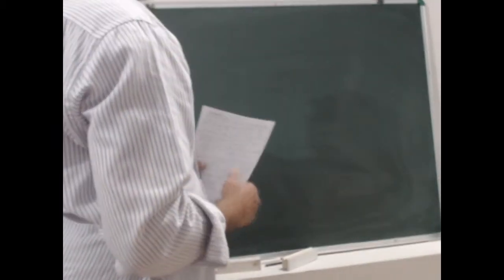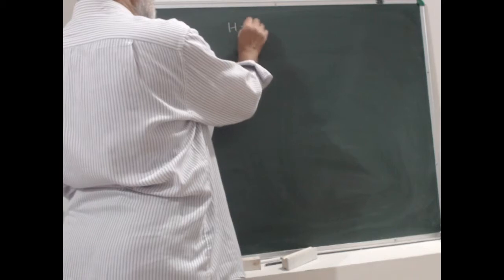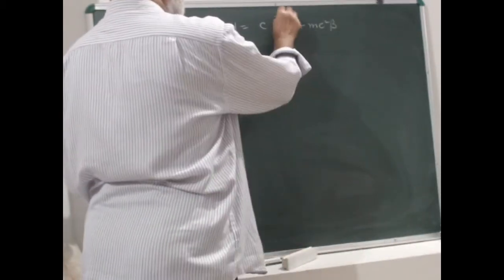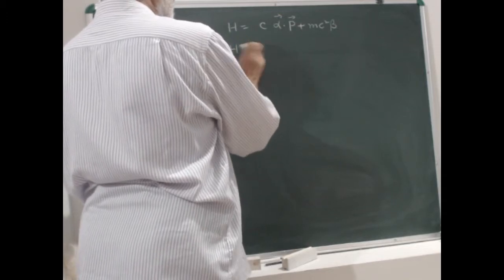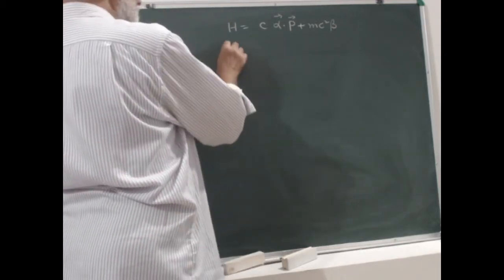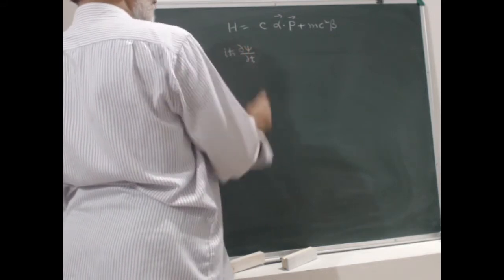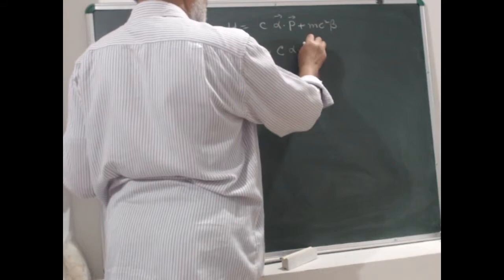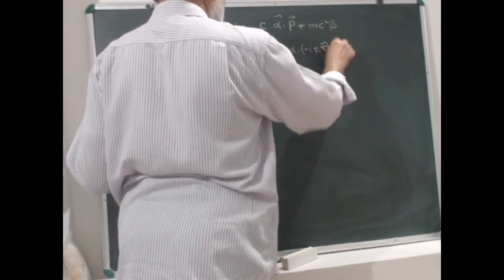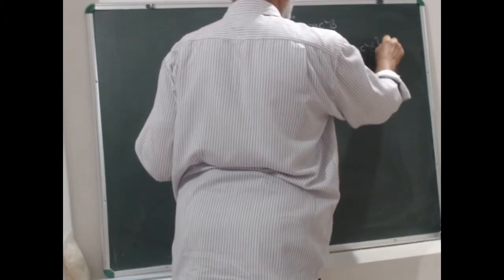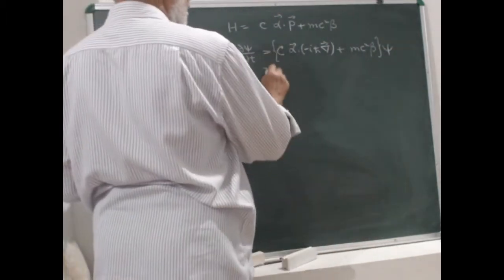In the last class, we discussed the Dirac equation, in which Dirac assumed the Hamiltonian to be of the form H = c α·P + m c² β, where P is the momentum. H operating, in operator form, is iħ ∂ψ/∂t operating on ψ, equal to c α dot, the operator form of P, which is minus iħ ∇, plus m c² β operating on ψ. So this was our Dirac equation,